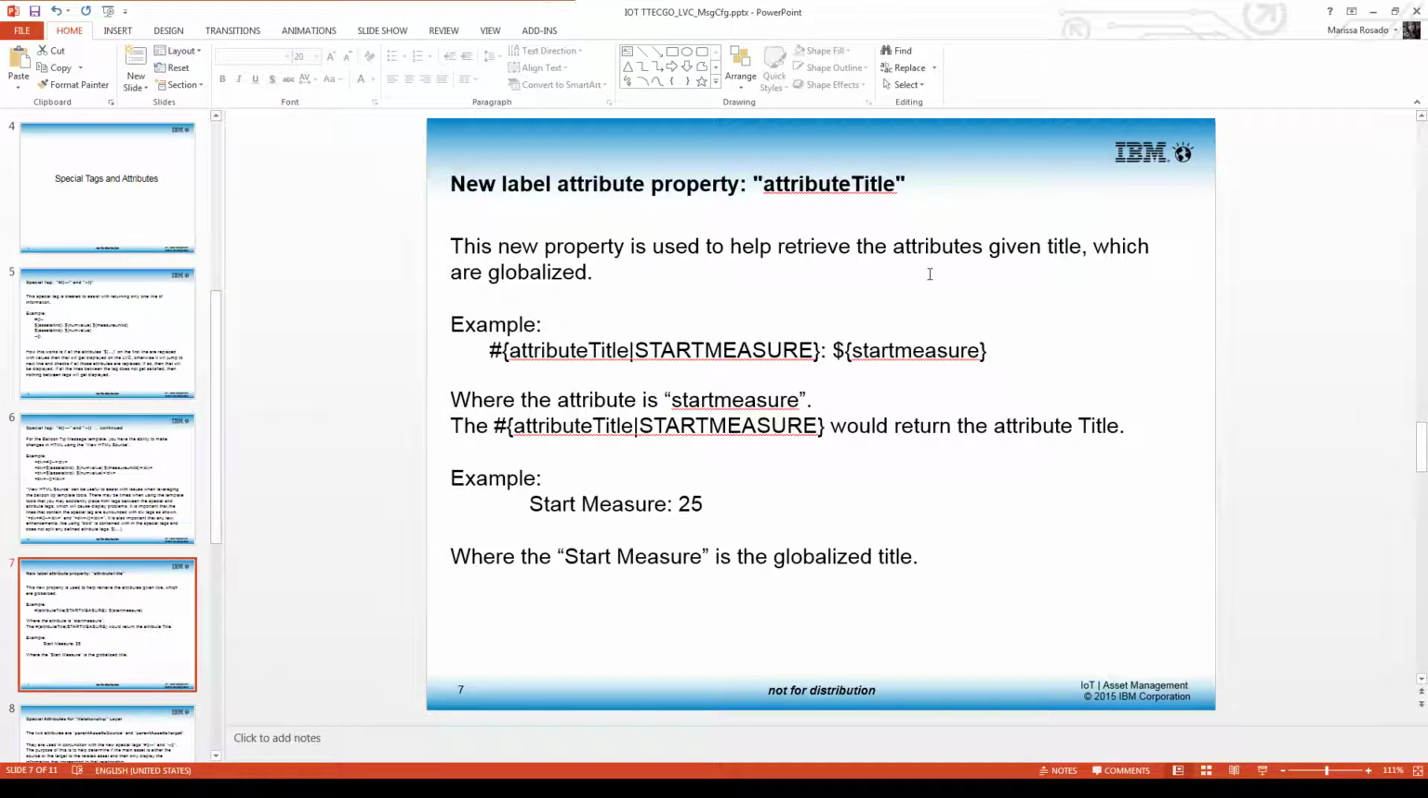There's a new property that I added because I didn't want to add a lot of things into the message and globalizing table. The original linear visual controller did the same: they leveraged the title name of the attribute, which is already globalized. But there was no way to really do that within what was already done in the message template from IBM. So what I did is I added a new attribute called attribute title, and all it does is